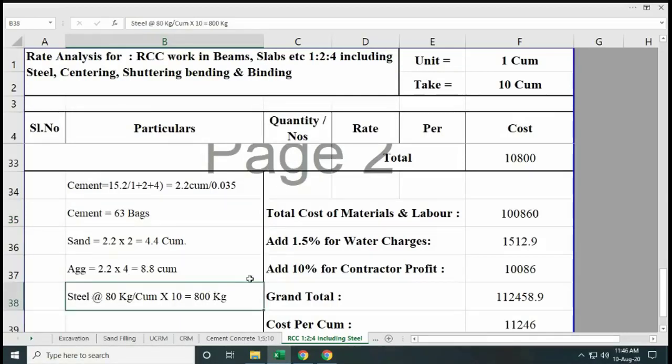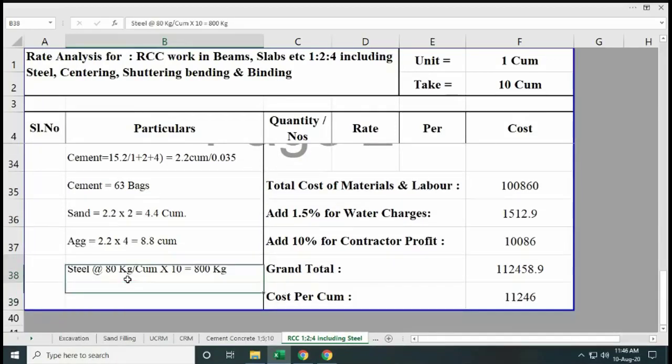So for example, if you want to calculate the steel and all, you require certain drawings and all, which is not there. So for the slab, what we generally do, we take like 80 kg per cubic meter, right? So therefore, approximately based on thumb rule, we will try to calculate the steel quantity now. Here in this case, 80 kg per cubic meter, right? So for how many cubic meters are we doing calculation? That is for 10 cubic meters, right? So 80 multiplied by 10. So therefore, 800 kg of steel is required, right?